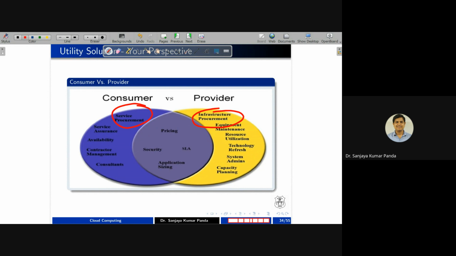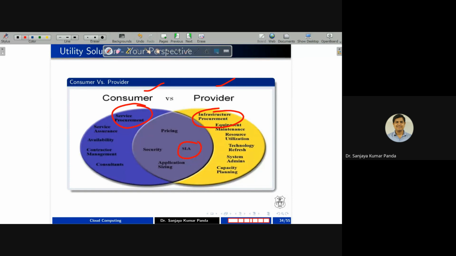Similarly, the customer wants service assurance. The customer will definitely say that at any point of time, you should not disrupt or intrude my service, right? Downtime should be low. So the customer will ask for service assurance, and the provider is going to provide it. The customer will also ask about availability, reliability, robustness, all these parameters. And formally, there is an agreement between the consumer and provider, which we call a service level agreement.